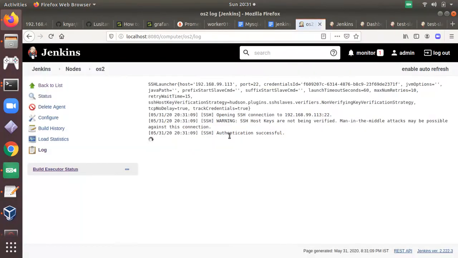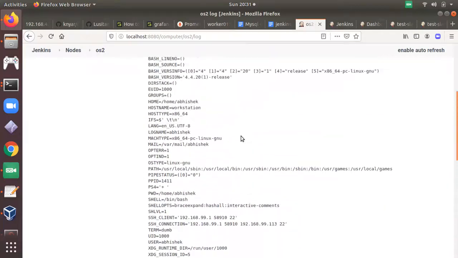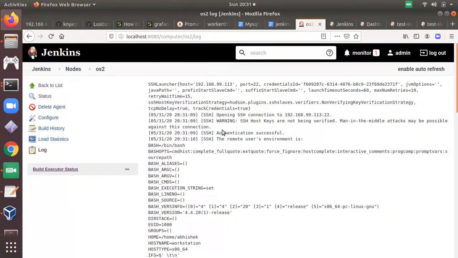Launch agent. It's showing SSH authentication successful.